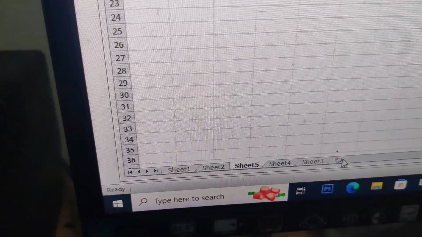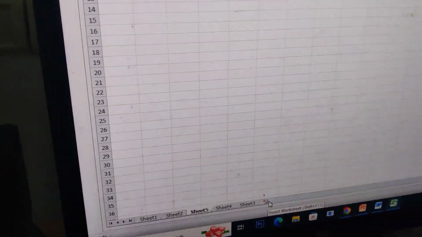So if you follow this keyboard shortcut, you can create